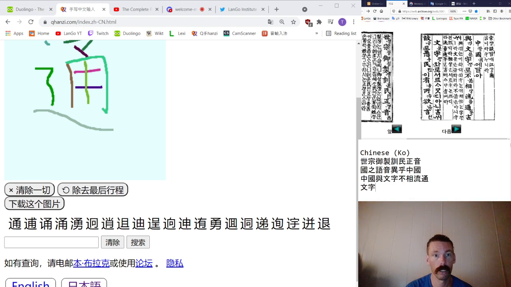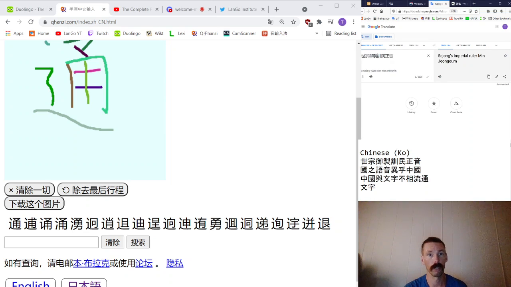So we put 文字. And then the rest of that is just Hangul. That is true. But then I think the sentence continues, so we'll move up to the next column. After 文字, I believe, starts a new sentence, and the one on the top left of the page continues the sentence, is my understanding. This is as close to punctuated as a classical Chinese text we get. So Google Translate is actually not too bad with this classical Chinese.